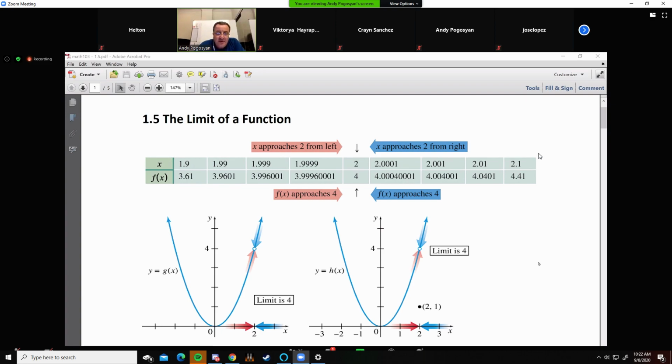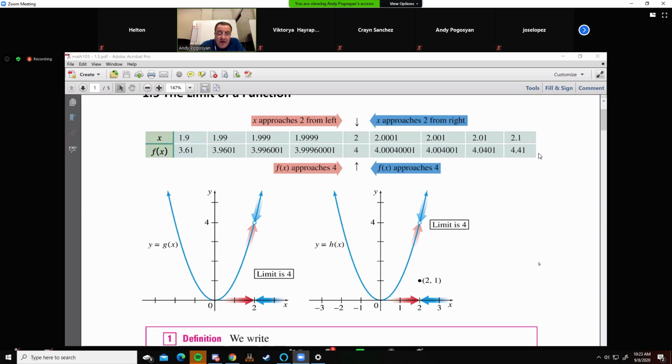f of x is corresponding to the graph of, let's say, x squared. 1.9, 1.99, we're approaching 2 from the left. We're approaching 2 from the right: 2.1, 2.01, 2.001. Then the function value gets closer to 4. From the left, it becomes 3.9996. From the right, it's 4.0040001. See? On the graph,